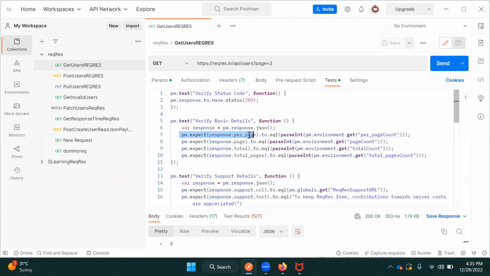I have read the values; now if you're trying to assert something, you should compare with some values, right? Like here we used to.have.status. Here you are saying this value should be equal to some value like 6 or 2. So I'm saying dot to.equal parseInt,